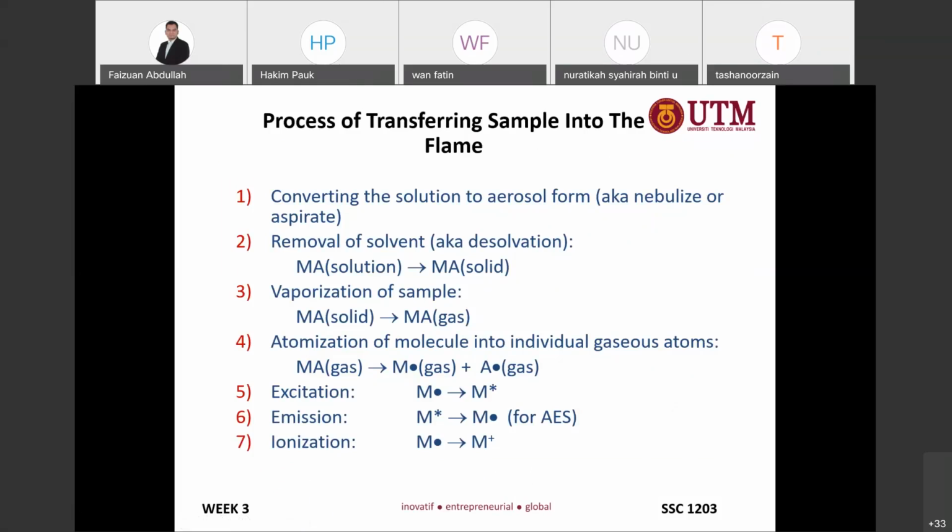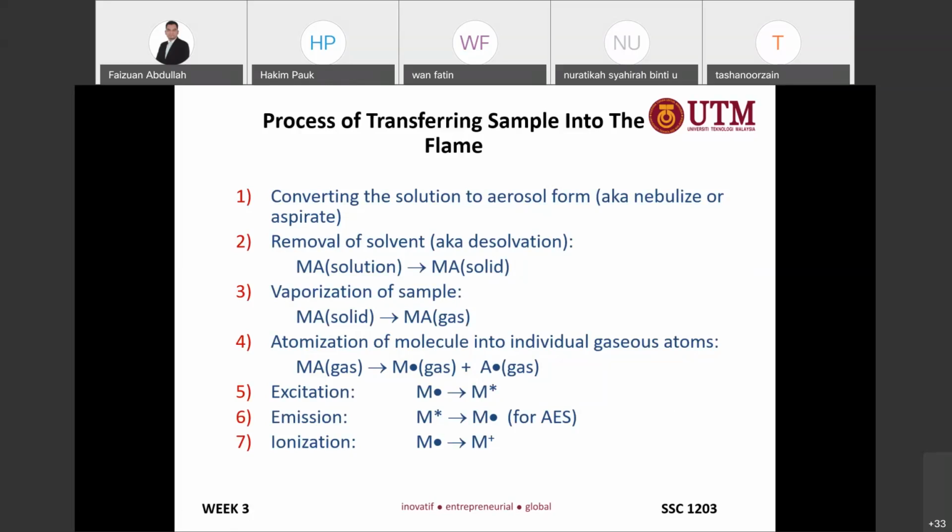In AAS, we transform the sample. From the first stage, if the sample is solid, we need to digest it, and then we need to transform the sample into solution. And then from the liquid state, the sample is pumped into the flame and transformed into a gaseous form, in the form of atomized. The molecules in the analyte will be atomized to single atoms,